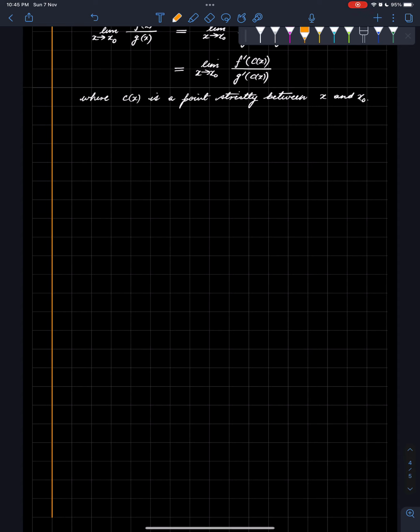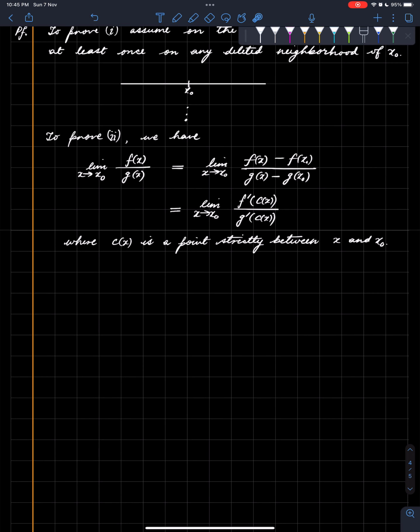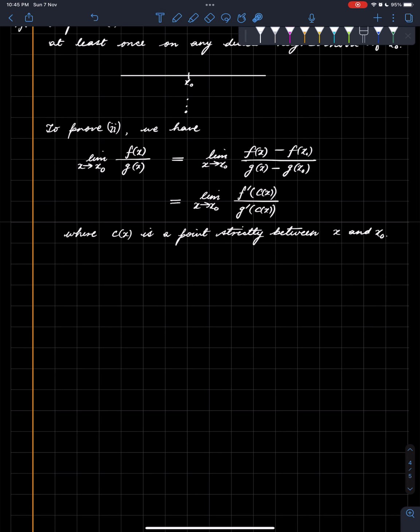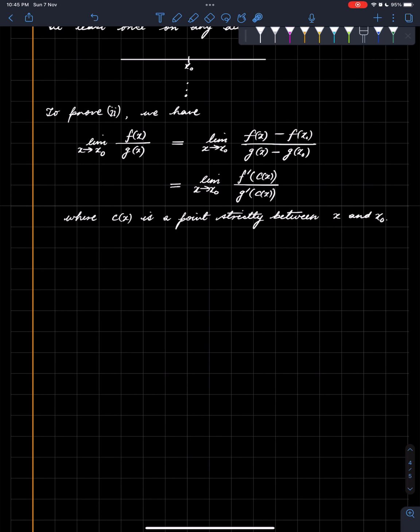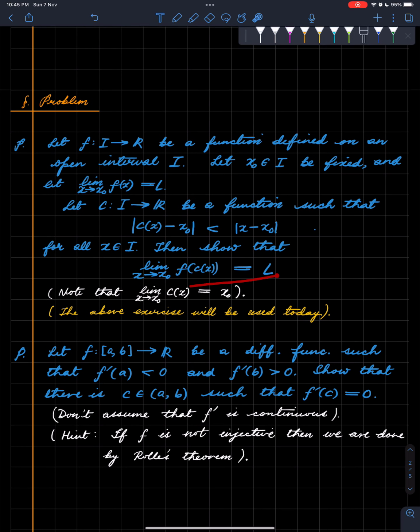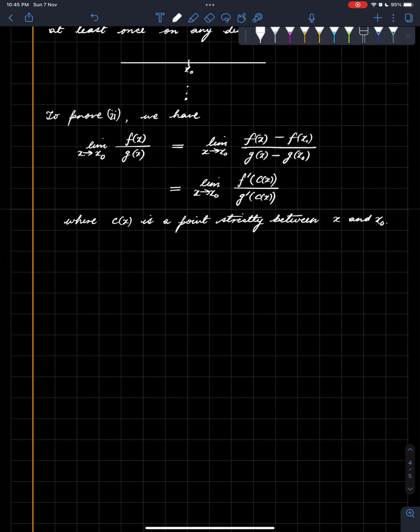And just a small point of caution. When we are taking this limit, when I write this x, I just mean that this x is coming from a deleted neighborhood where G does not vanish, because otherwise this will not make any sense. So I hope you understand that. Fine. So c(x) is a point strictly between x and x naught, and now we apply this exercise, and that will show you that this limit is nothing but